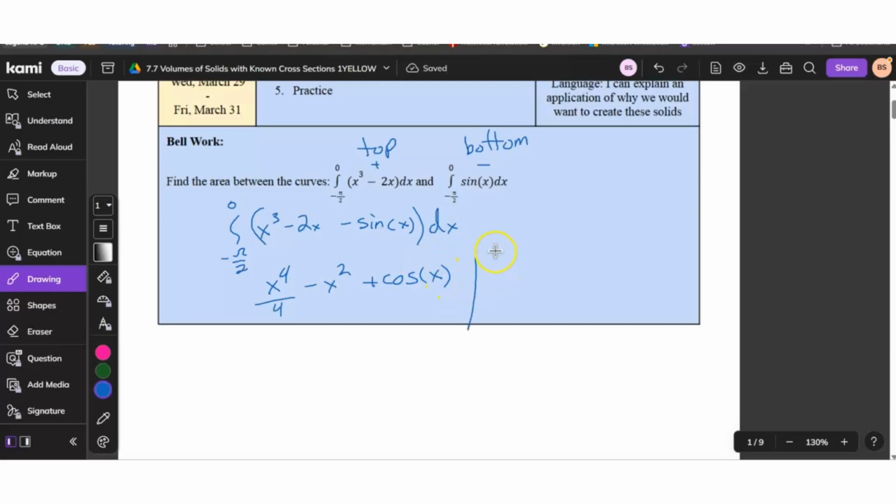Then I'm evaluating this from 0 to negative pi over 2. If I plug in 0, that's great: I get 0 minus 0 plus cosine of 0, which is 1. Minus negative pi over 2 to the power of 4. The negative goes away, but it is going to be pi to the power of 4 over 2 to the fourth,